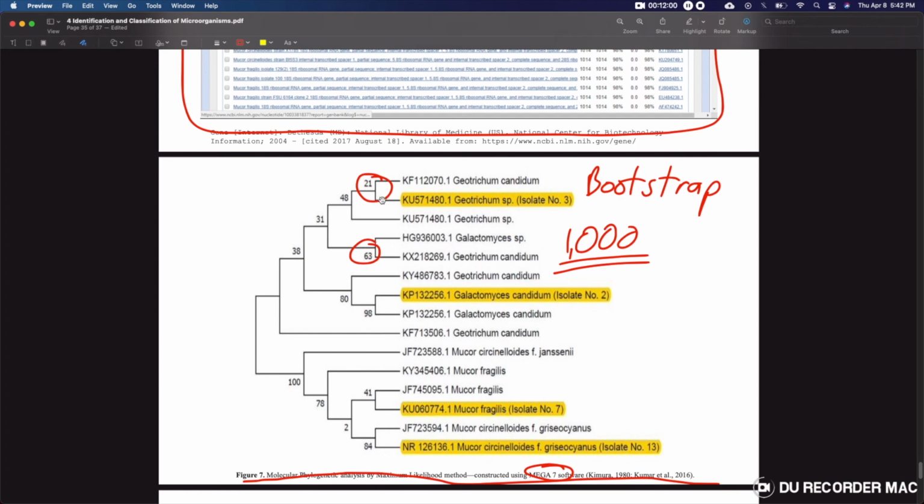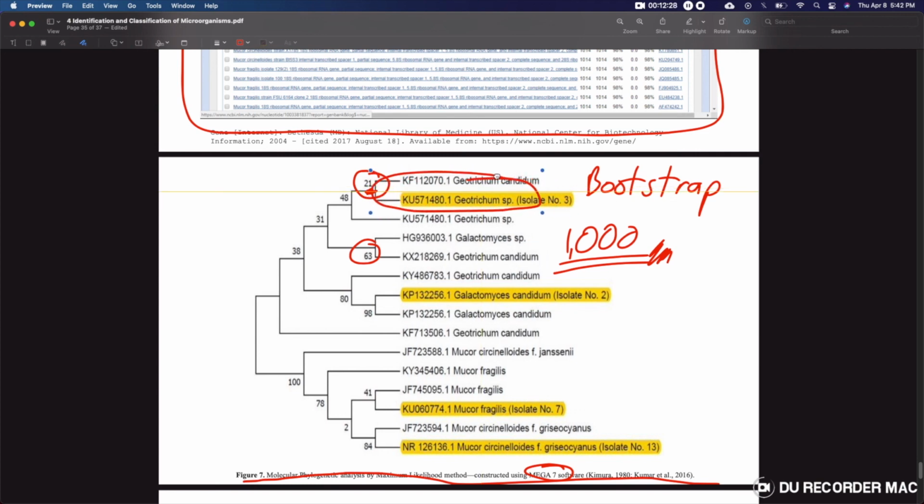Now, when you look at this tree right here, and it has a 21 bootstrap value in this portion, it means that in those 1000 bootstrap replications, 21% of the time, so 21% of 1000, 210, I guess, these two